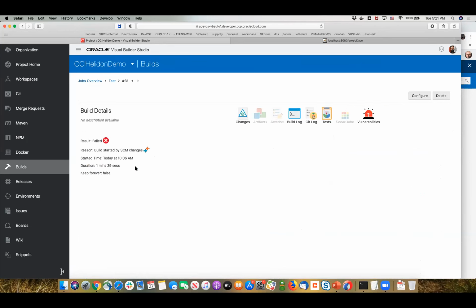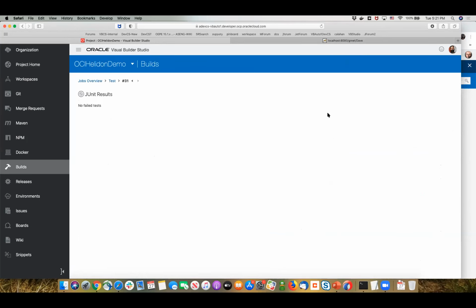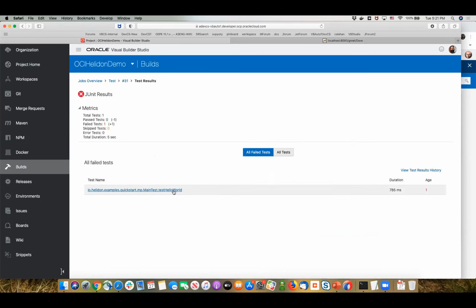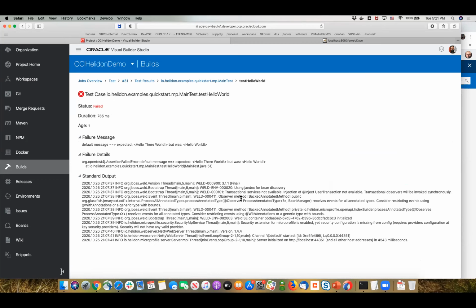Okay, so let's go into the last run, 31, and look at our test results. And I can see over here that we have one test that failed. This is using JUnit reporting format, and I can see exactly what failed. In my demo, I'm going to use a very simple example, a hello world example, but it would just show you exactly the concepts. So think about it in a larger context. But right now we have an error right here. We have a failure. We were expecting to get a message that says hello there world, but we just got hello world. So that's our error.